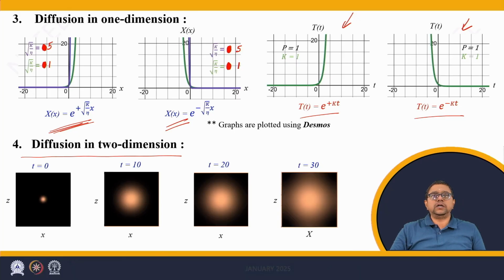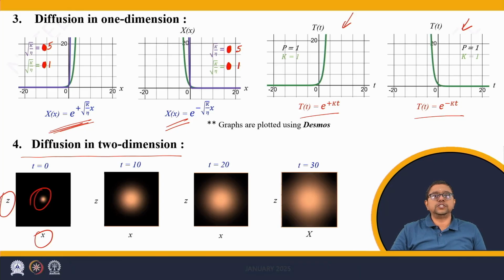For extension, we will look into the diffusion of various quantities in two dimensions. Here we have just shown a schematic solution of the two-dimensional magnetic diffusion equation as obtained from numerical solutions. The first, at t equal to 0, has a concentrated spot in x and z directions,